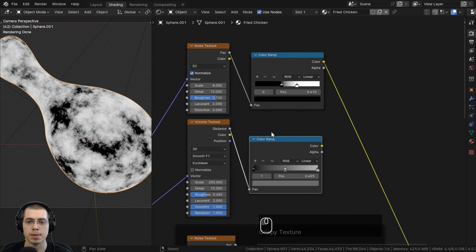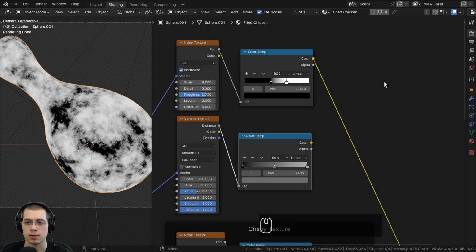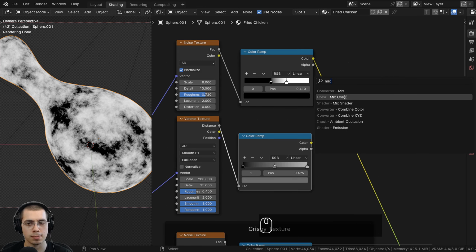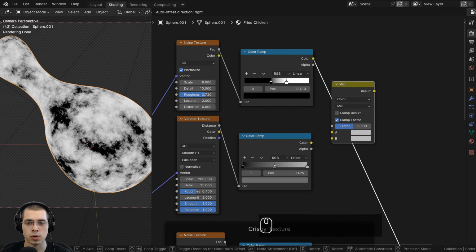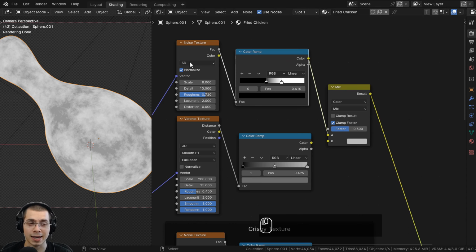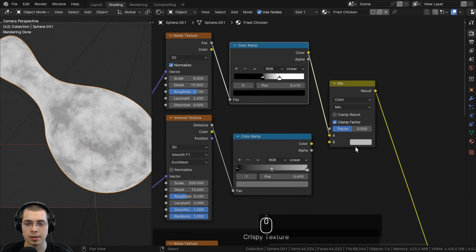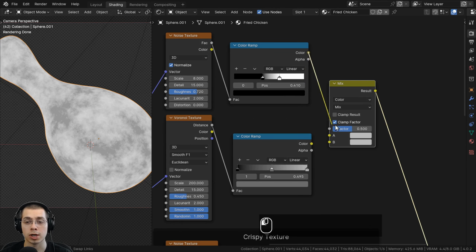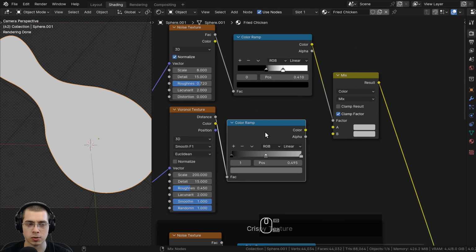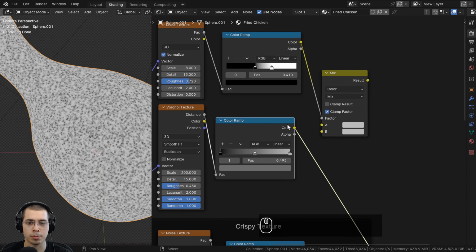All right, so I can now mix up these two textures. So to mix the two textures, we can add the mix color node to mix two different colors. So we're going to drop the mix color node right here. Now, because this color ramp is the mask, it's telling it what parts are going to be color A and what parts are going to be color B. So this color ramp color, we're going to put that into the factor. So now this color ramp here, if I Control Shift and select it, you can see that is the burnt part. So let's take the color and we'll put that into color A,